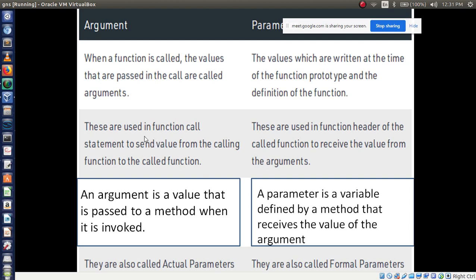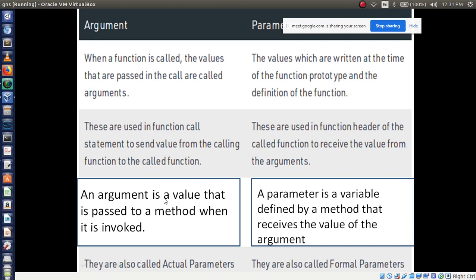Arguments are used in the function call. Parameters are used in the function header. Only write these keywords, that's it. If you are confused about writing the whole lines, just write only this much: these are used in function call, these are used in function header.